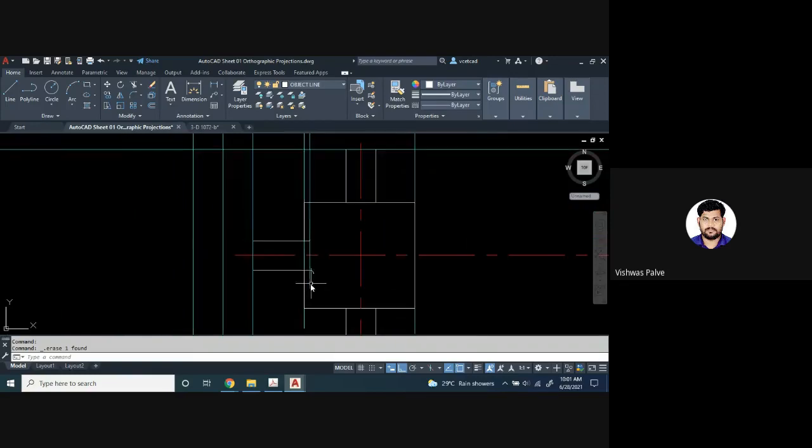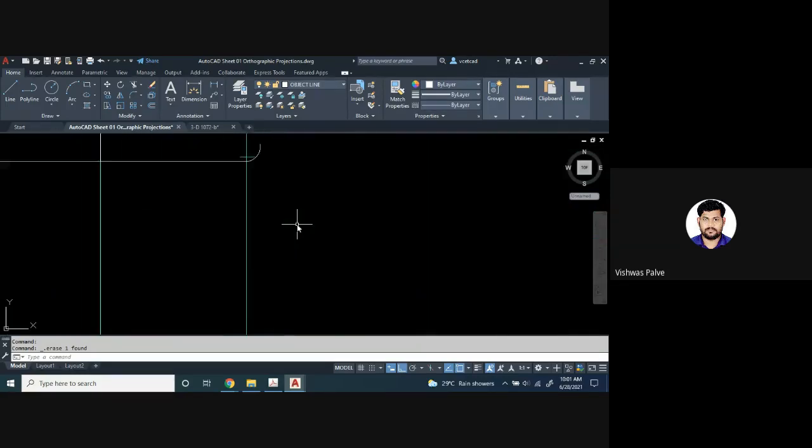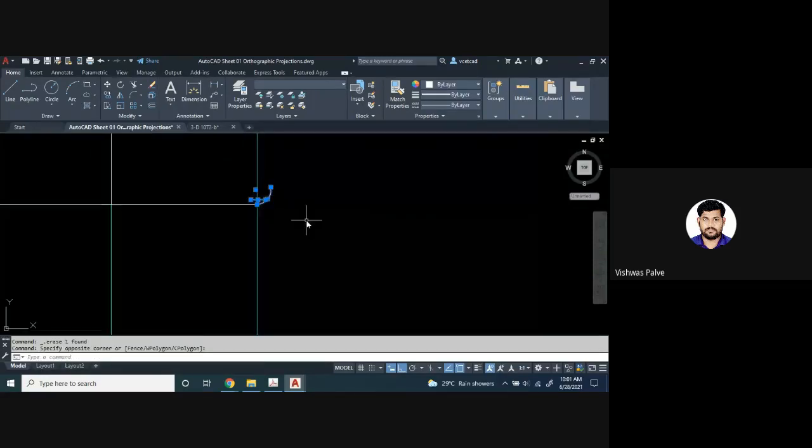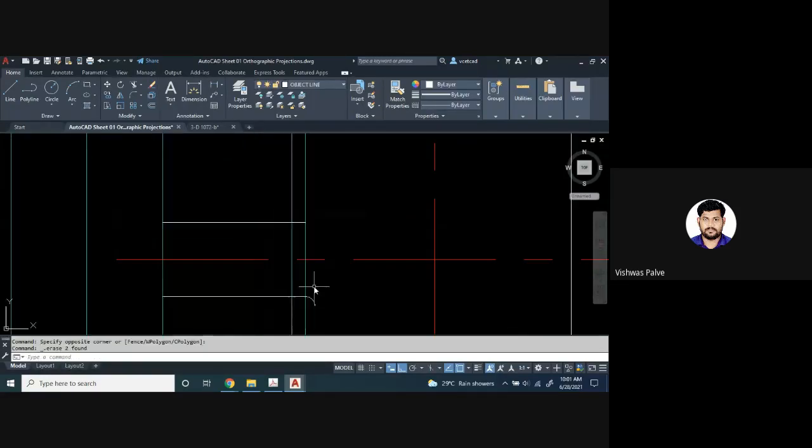This arc represents that this object is merging smoothly with this cylinder. Okay, that is the only thing. So you can use a circle.